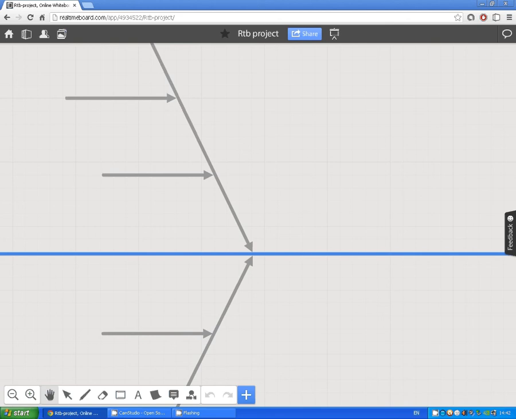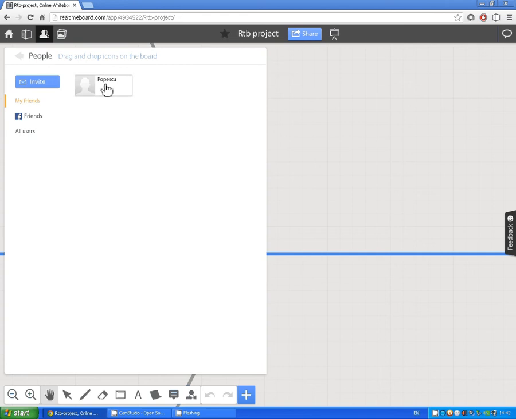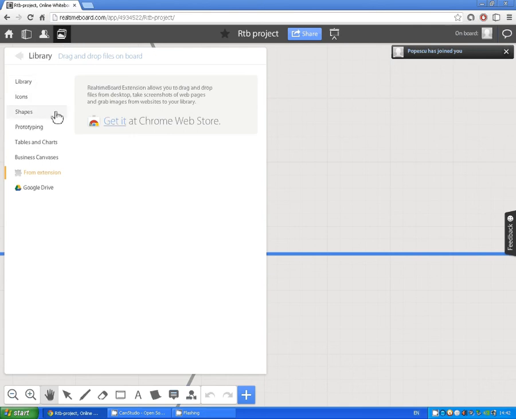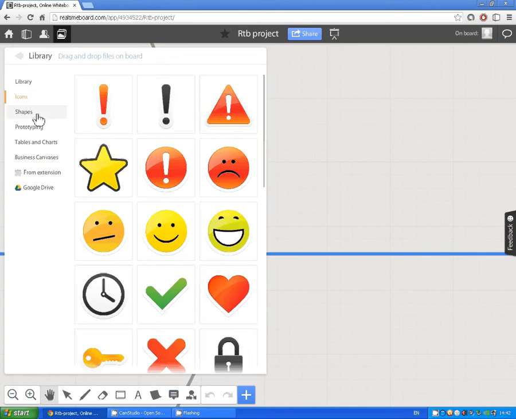Moving on to our project. First off, we can observe that in the upper left corner two new buttons have appeared. The people button, where we can see the participants on this project, or we can see our friend list or the friends who follow us on Facebook. And the second button is the library button, where we have a list of images listing from icons, the shapes,